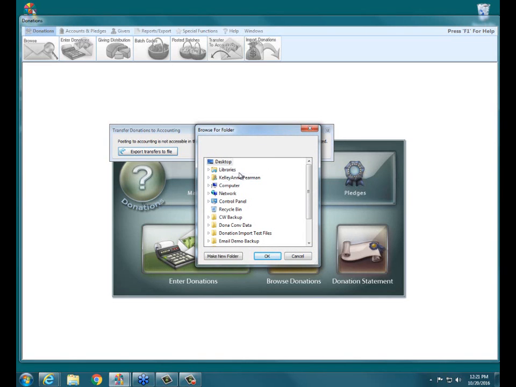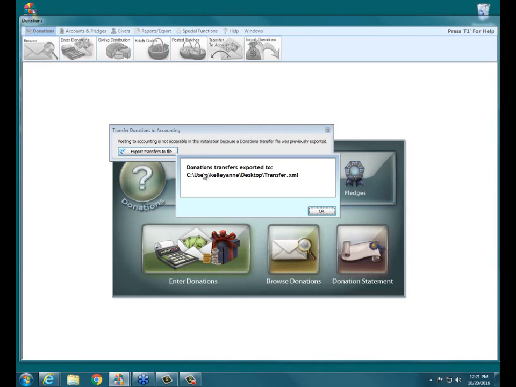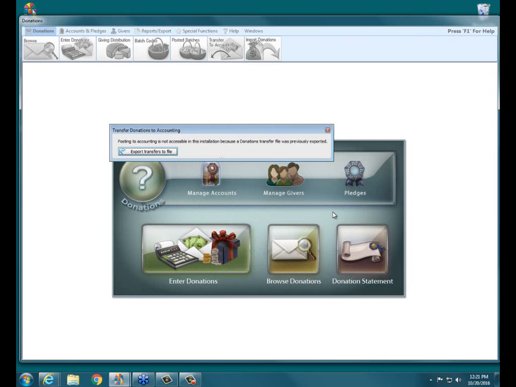And then it's going to ask us to save the file. So it needs us to pick the location. So I'm just going to pick desktop. You could always put it on a flash drive for moving it easily to the other computer. And now it tells me that it's been exported to this location and the name of the file is transfer.xml. And I just hit OK. Now from this point,